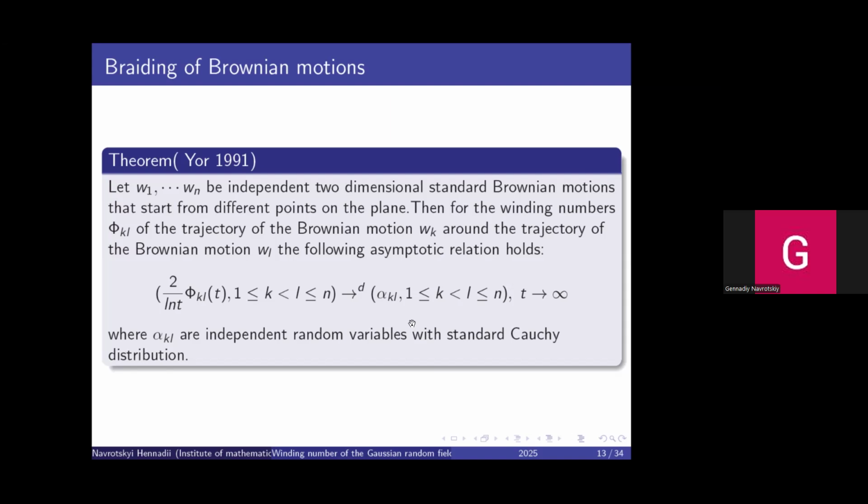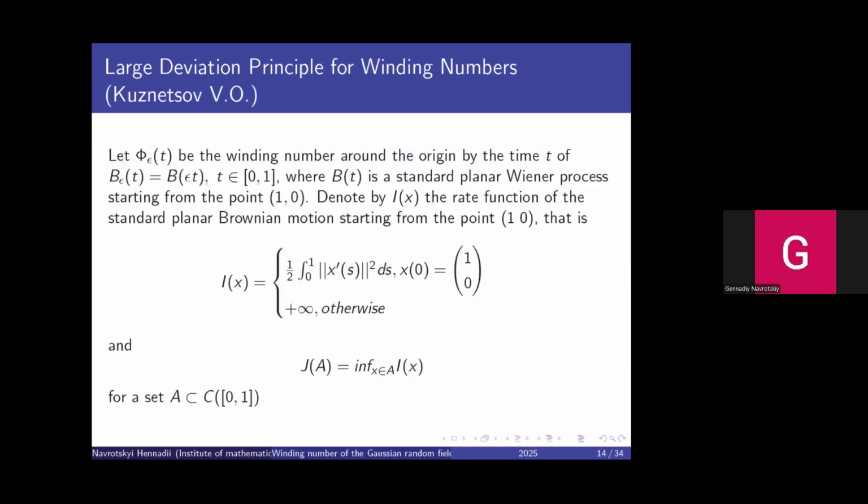Then the following result was established by Vasily Kuznetsov, 2015, for a family of Brownian motion, B epsilon and B epsilon of t. So if we denote by I of x the rate function for this B epsilon of t, which is just 1/2 of the integral, and then we take the rate function g of a as the infimum over a of I of x, and